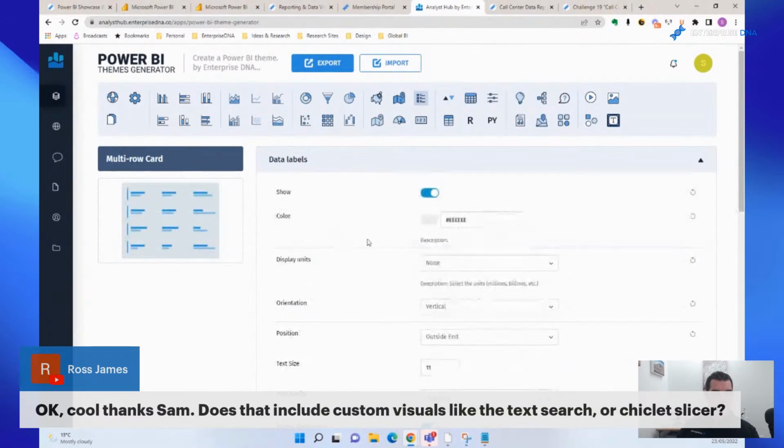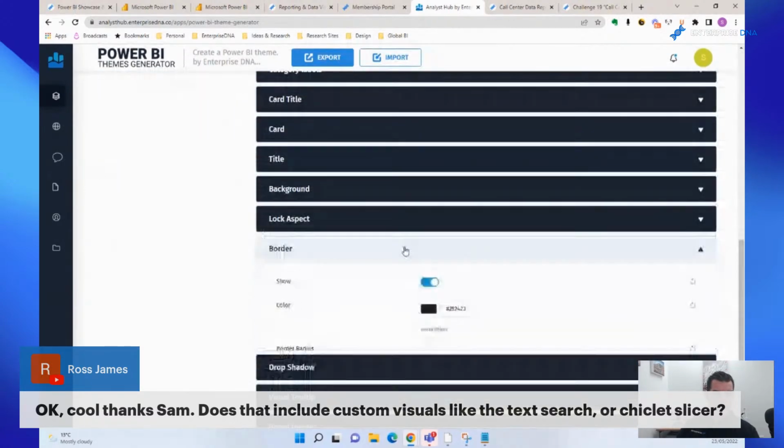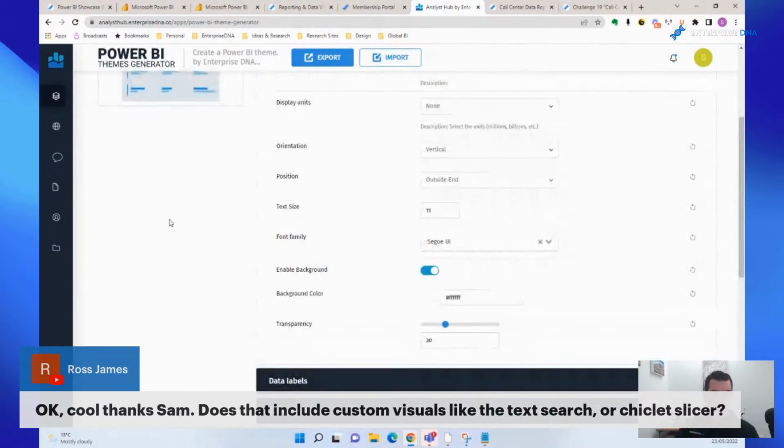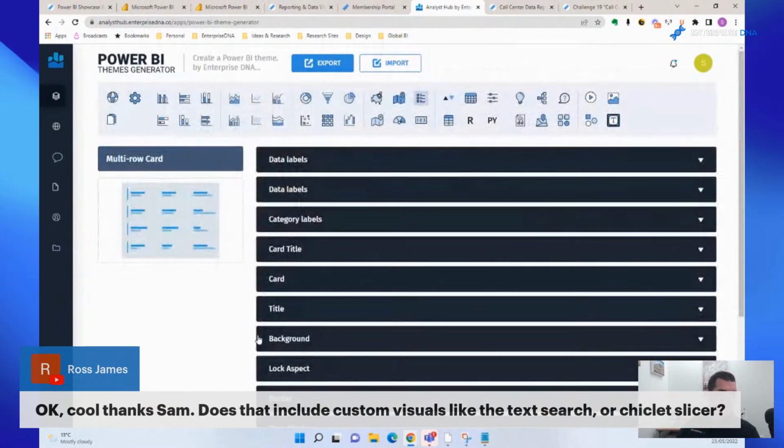Okay, and you can manipulate any of these. Even the borders, you can turn borders off for particular visuals. You can manipulate any element, and the idea is that you don't want to have to do this every single time. This is why the community is great as well, is that you can leverage off what other people have done, so that you don't have to go into every single visual and adjust it. There's already some pre-built ones, and we're going to continue to build those templates as well with a lot of variations. We've got some really cool ideas that we're going to build on over time, just to totally automate the theming aspect of things, just to make it so easy to get it into the exact theme.